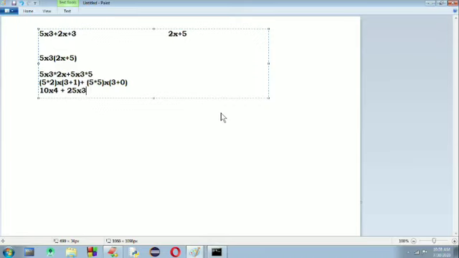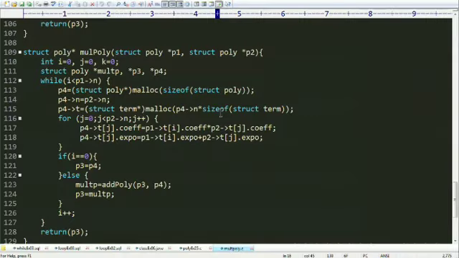We need to do this multiplication as many times as the number of terms present in the first polynomial. I'm creating a multipoly function where I'm doing this. Same as the addition polynomial, but here I'm taking three pointers, because when I'm multiplying a first term with the second polynomial, I'll get a polynomial.